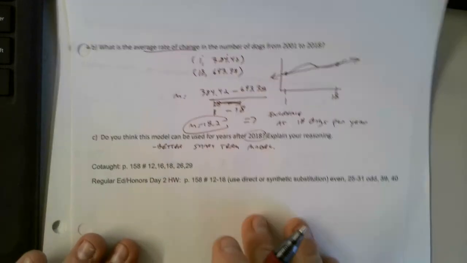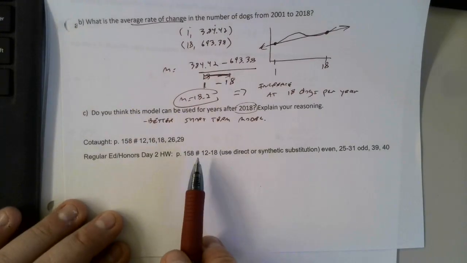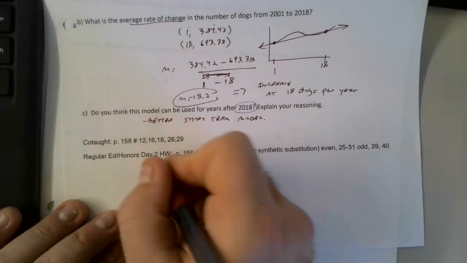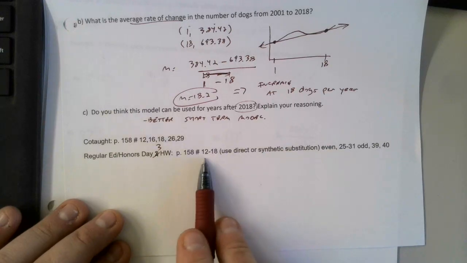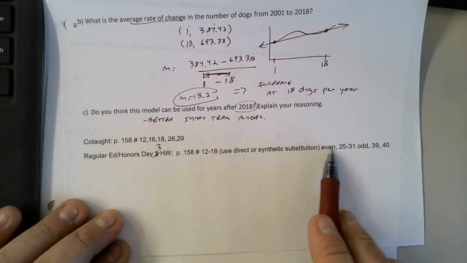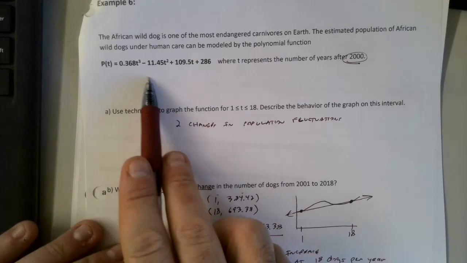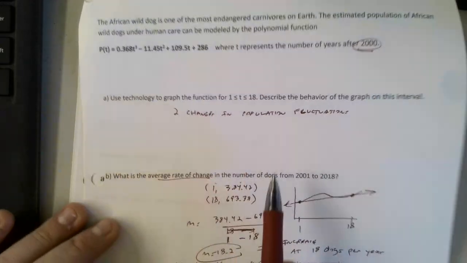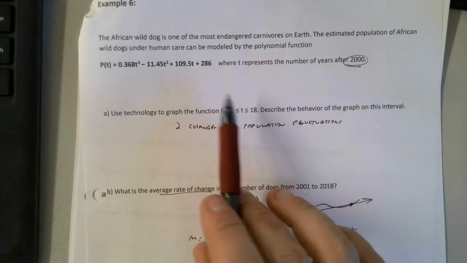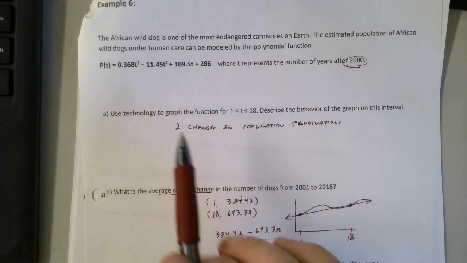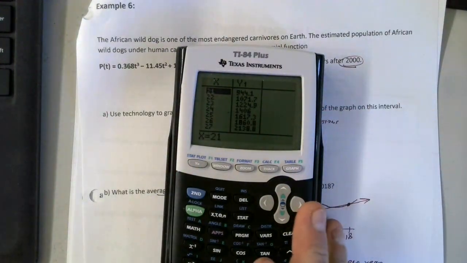All right. So what you're going to end up doing is practicing these skills today. So I want you to add to yesterday's assignment. So this would be day 3. And I want you to go ahead and work on some of these. I will post some solutions for these to help you guys do well, okay? But in the meantime, remember you can also type these into Desmos. And sometimes it's easier to see all the changes if you zoom in and out in decimals between those years versus having to use a graphing calculator to change the window to see it. So either way, you can study the